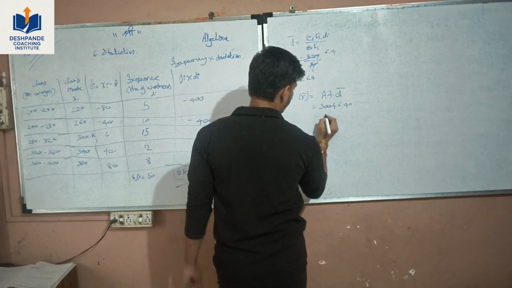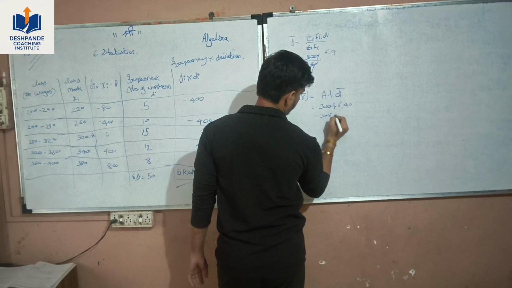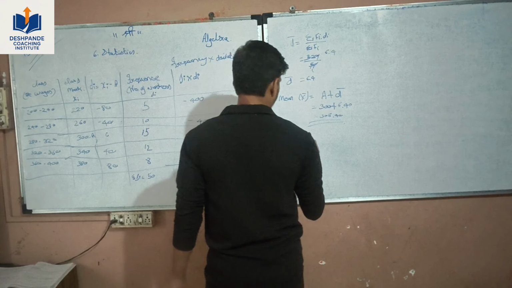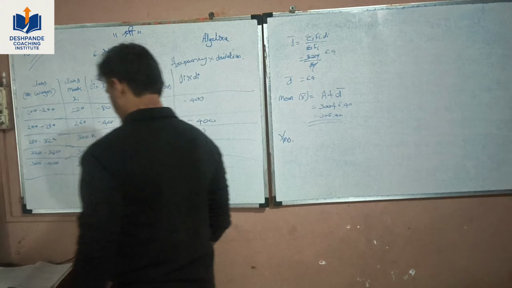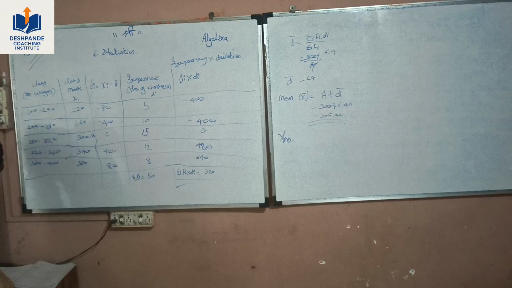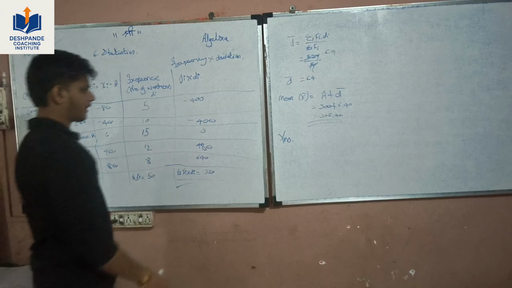300 plus 6.40 is equal to 306.40. This is the final answer. The final answer will be the mean wages. The mean wages of workers, the mean of daily wages, is equal to